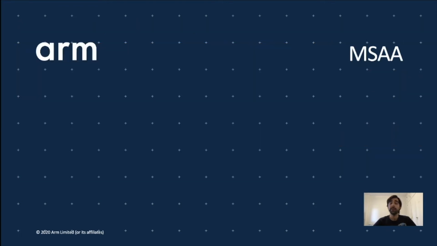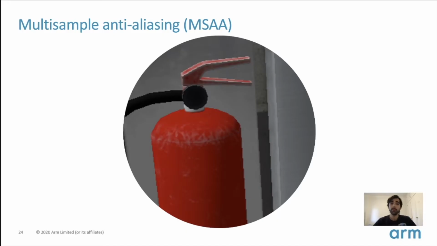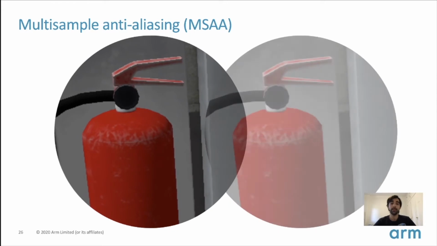Another example of where we can save bandwidth is when using something known as multisample anti-aliasing. But before going into the best practice, I'm going to do a quick recap of what multisample anti-aliasing is. In our scene here, you can see that there are some artifacts around the edges of the models, and these are basically the result of trying to take an infinitely detailed scene and sampling it, converting it to a discrete space, such as the screen space. So to avoid this, there are some techniques that blur out the edges and make them look much nicer. And here you can see them side by side.